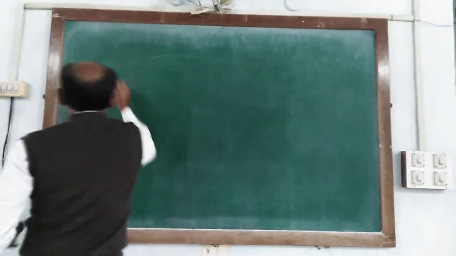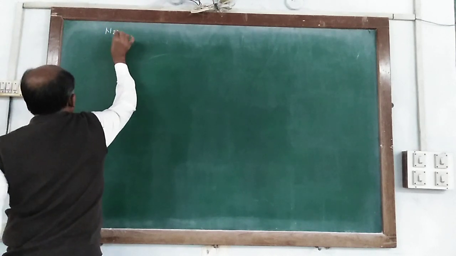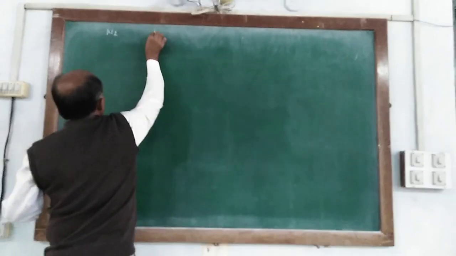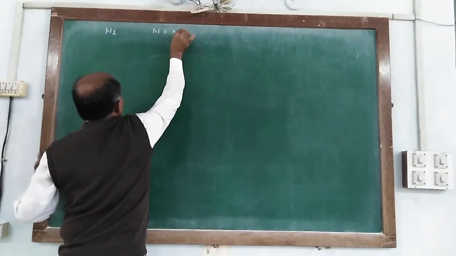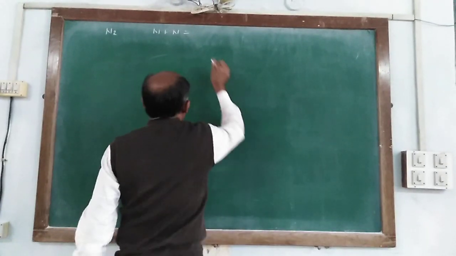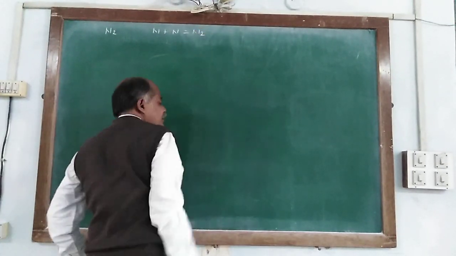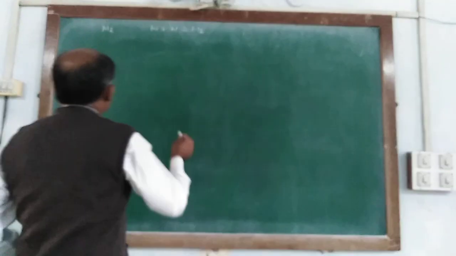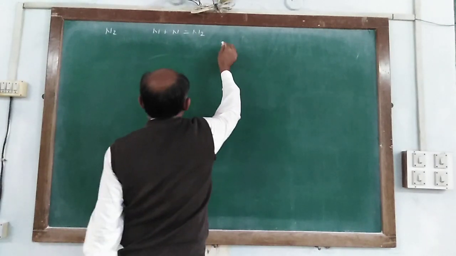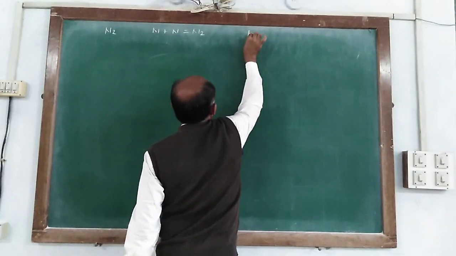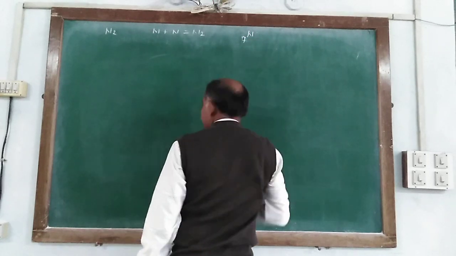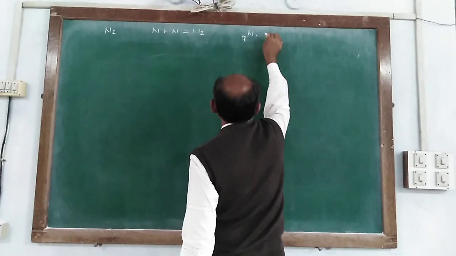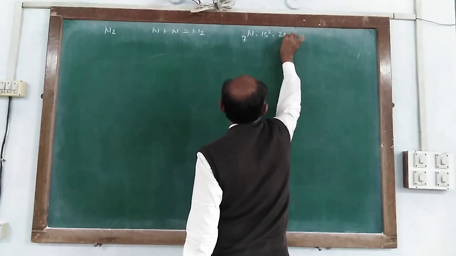N2. So first we write how N2 molecules are formed. It is formed when two nitrogen atoms link with each other to form the N2 molecule. So first of all, we write the electronic configuration of nitrogen. Nitrogen has atomic number 7. So the electronic configuration of nitrogen is 1s2, 2s2,